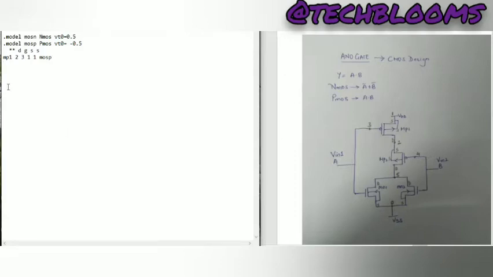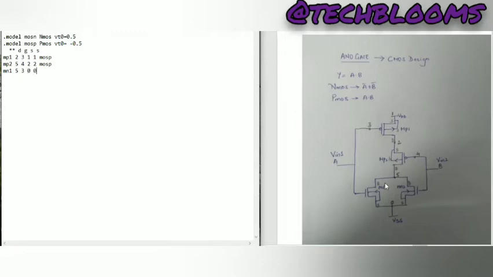Next is MP2. What is my drain? Drain is connected to 5, my gate is connected to 4, my source and substrate are connected to 2, and the model will be MOSP. Similarly MN1, the first NMOS: my drain is connected to 5, gate is connected to 3, and source and substrate are both connected to 0.